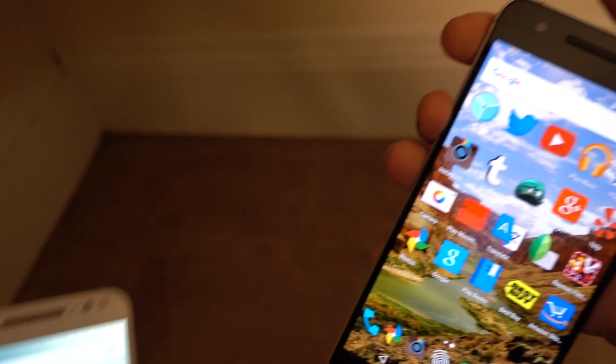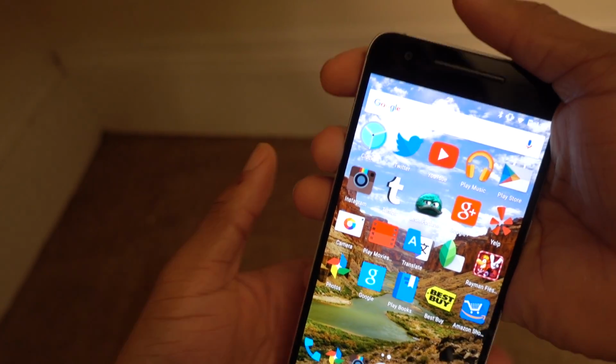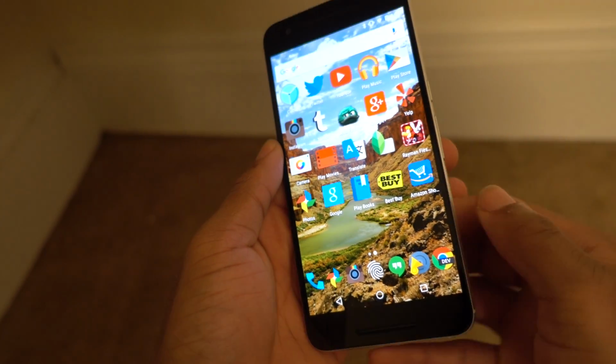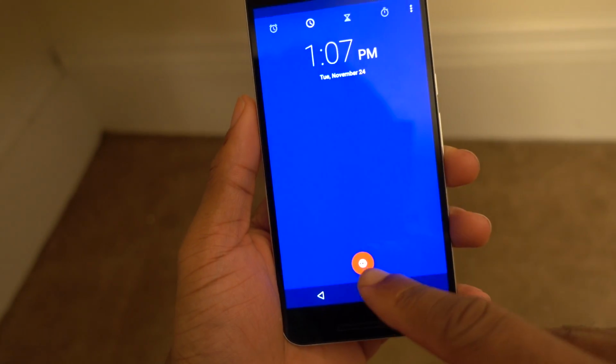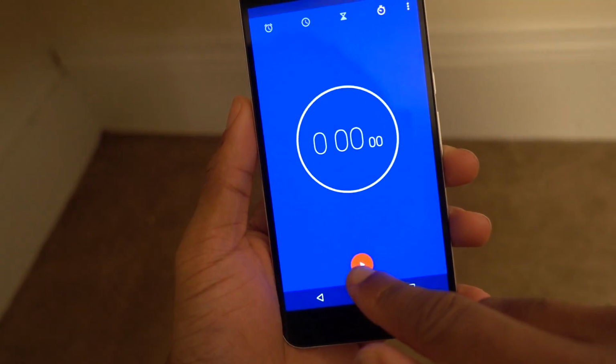Actually, we'll do the 6P first. Let the champ go. Yeah, this is the Android champion right here. I mean, it is a great phone. The software on here is very good. So